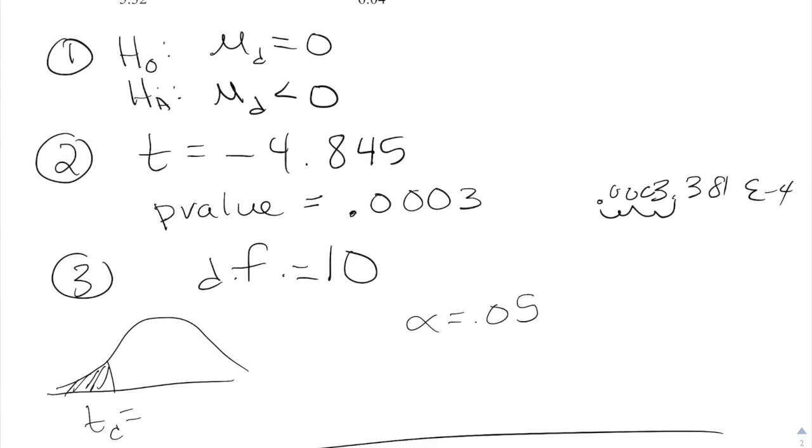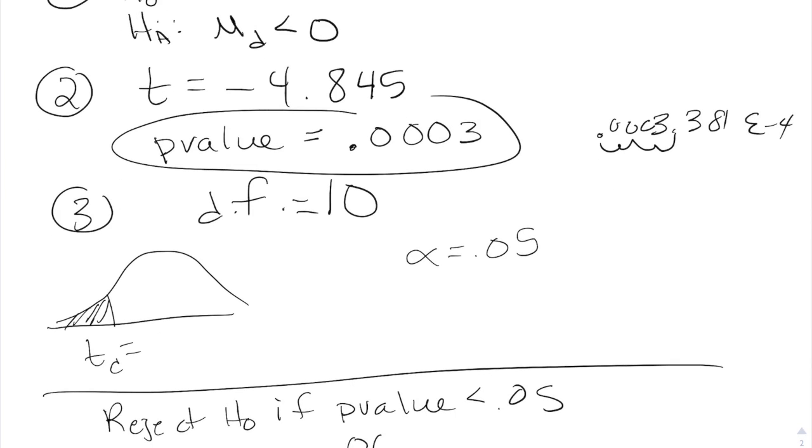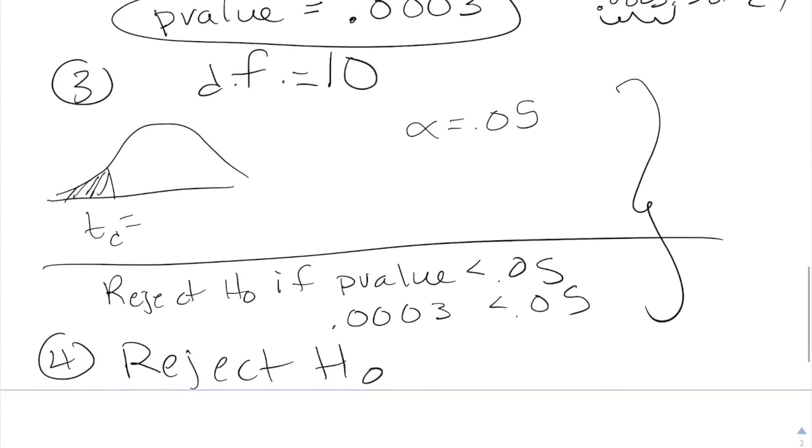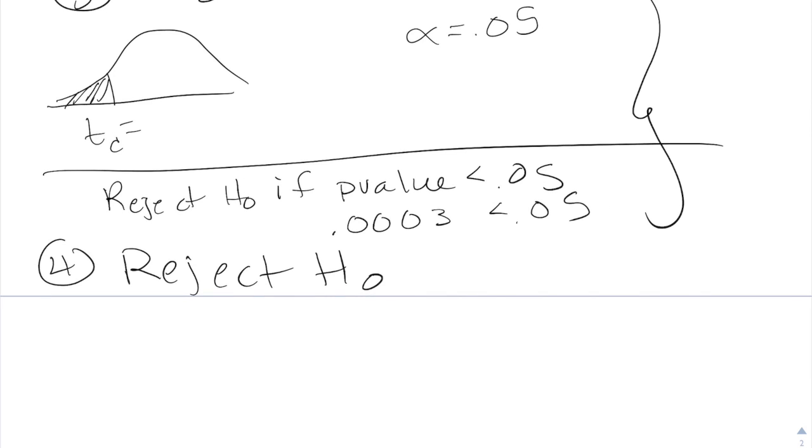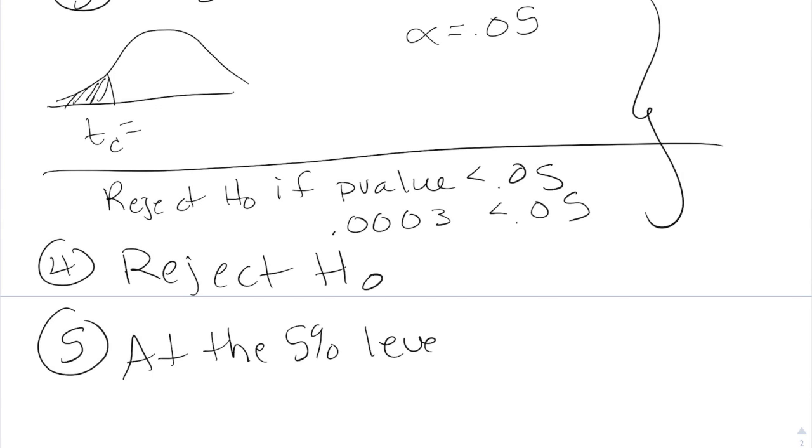Or if we're doing the p-value approach, we're going to reject H naught if the p-value is less than 0.05. Looking at our p-value here, it is clearly less than 0.05, so our decision is going to be reject H naught. Now when we get to the test, I will let you do either one of these, so if the p-value is easier, go ahead and use that. Unless I tell you specifically to use the critical region. Okay, so at the 5% level of significance,